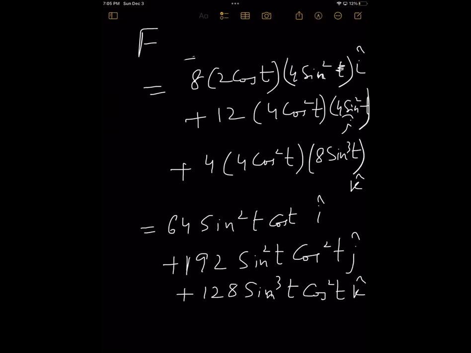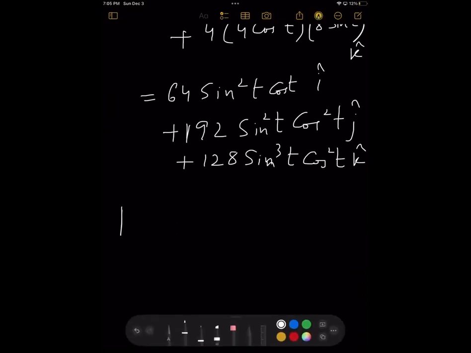This is our f. Now f dot dr, after multiplying, if I write it is 1 minus 128 sine cube t